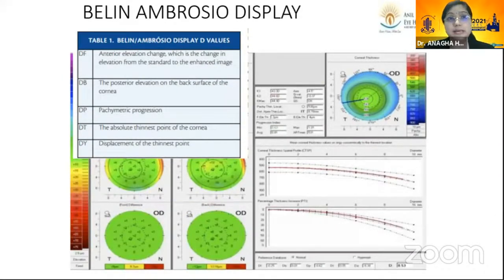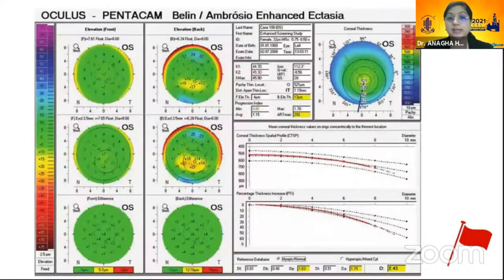Then you come to the Belin-Ambrosio display, which has multiple D values like anterior elevation, posterior elevation, pachymetric progression, thinnest point of the cornea, and displacement of the thinnest point. Now, basically, these are color